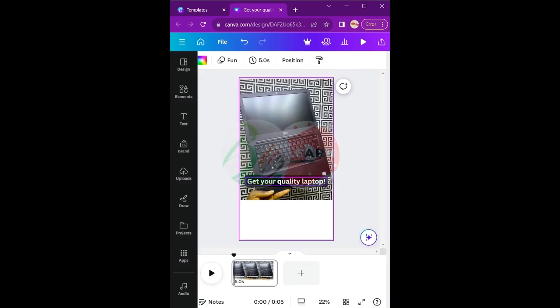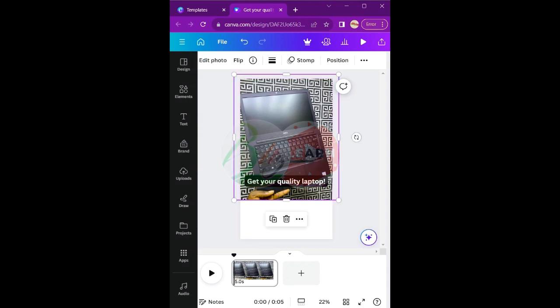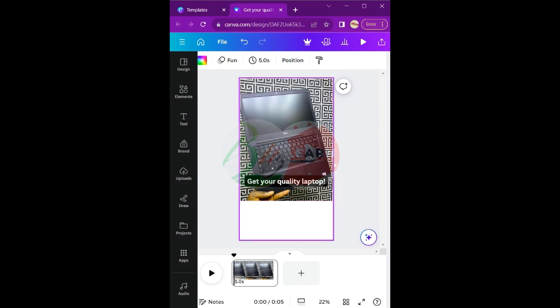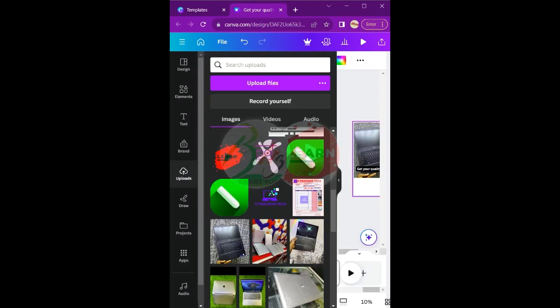So after clicking this, I'm going to add my logo. That's the brand logo here. We're going to add it at the middle here. So I'll come to upload. Make sure you have the logo. So you design a logo, you upload. If you have your own company logo or a business logo, you can upload it the same way you upload the picture of those products. So this is the logo I have. So I'll click on the logo and